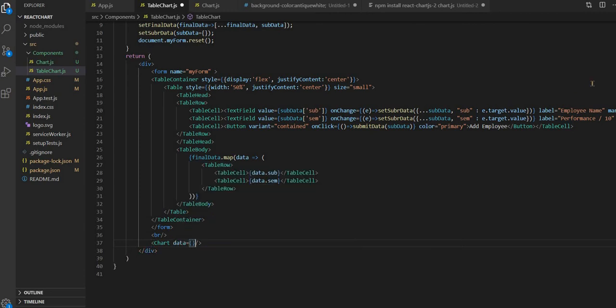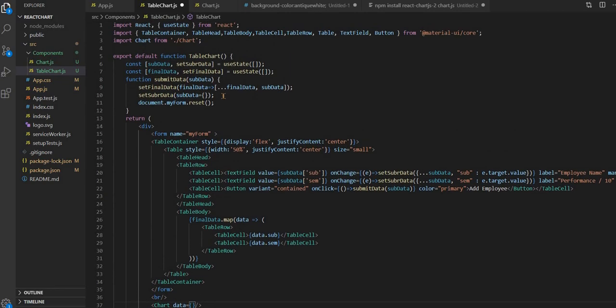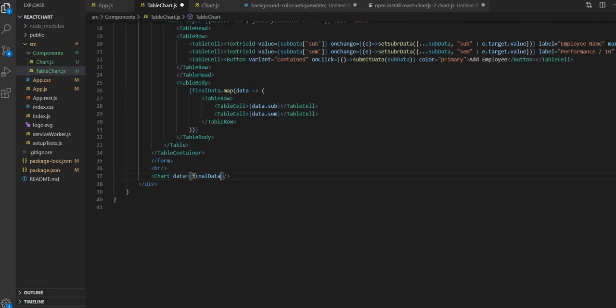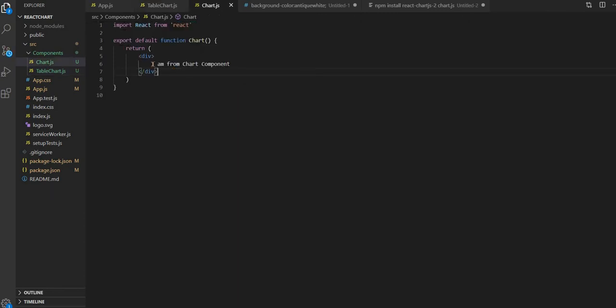What we have to pass is the final data, inside the final data state variable. Let's create the labels first. The data we are getting from table chart.